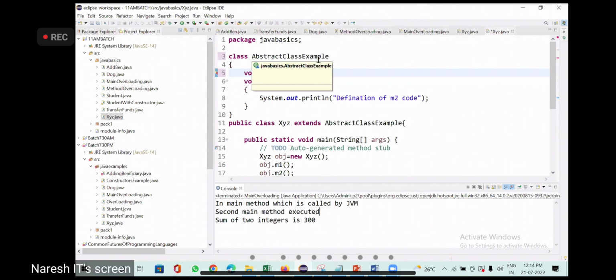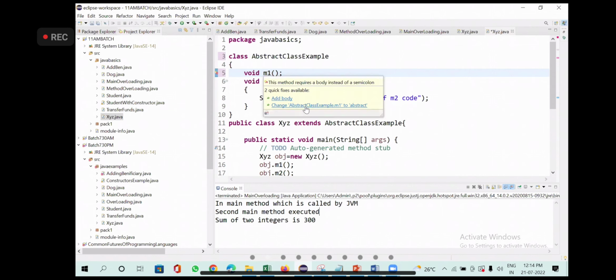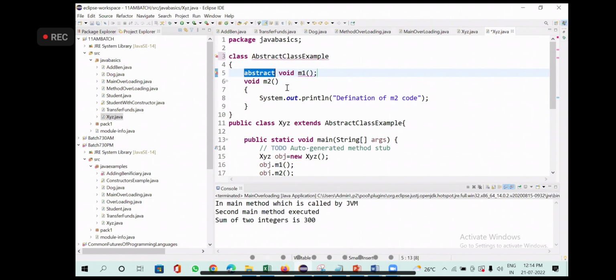Now why is it giving me an error? Because if you want to consider this method as an abstract method, you have to use the abstract keyword. An abstract method must be added with the keyword abstract. Not must be; when it comes to interfaces, it will be slightly different.